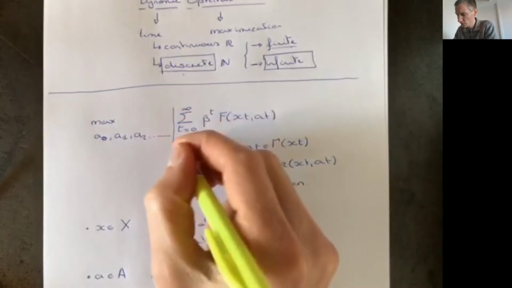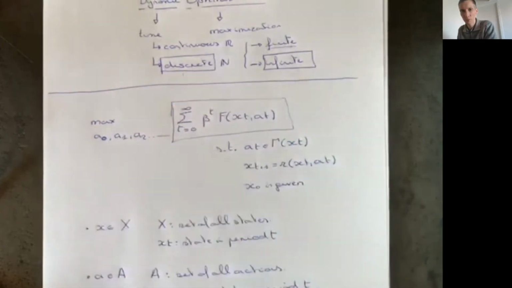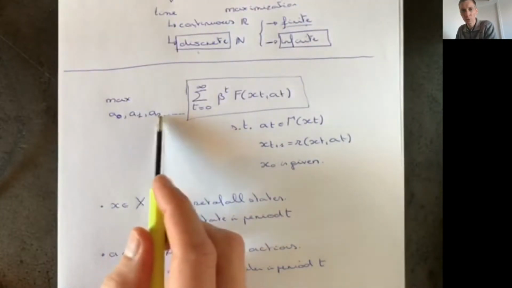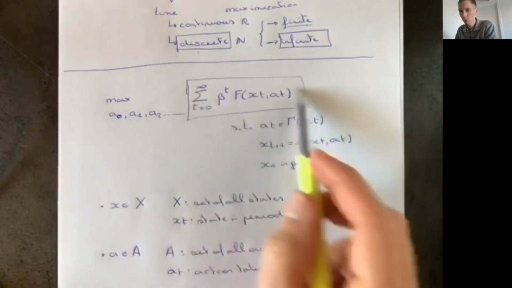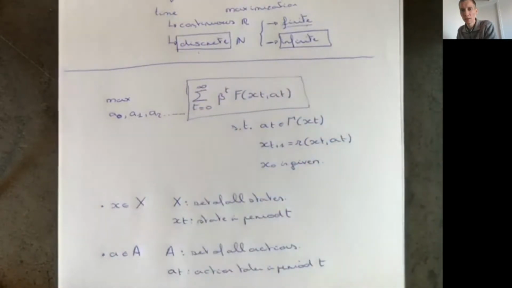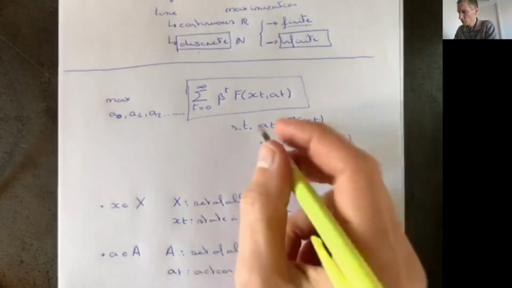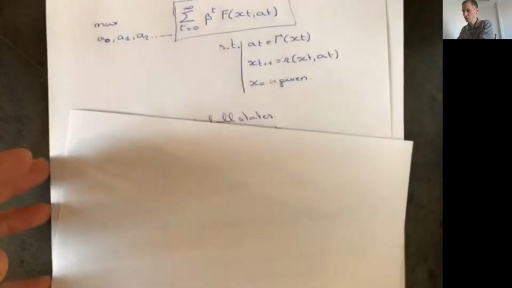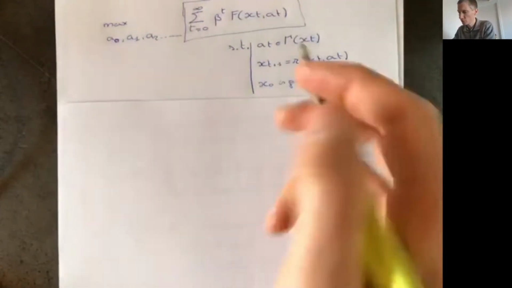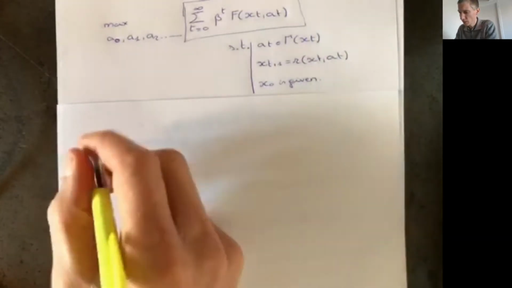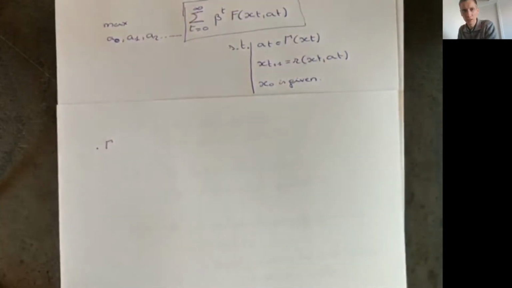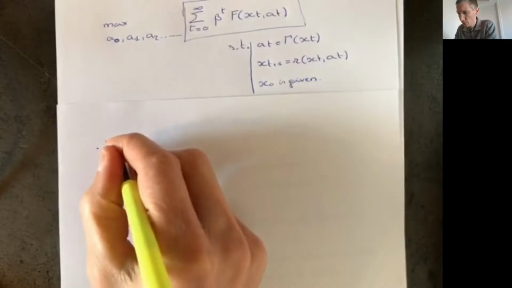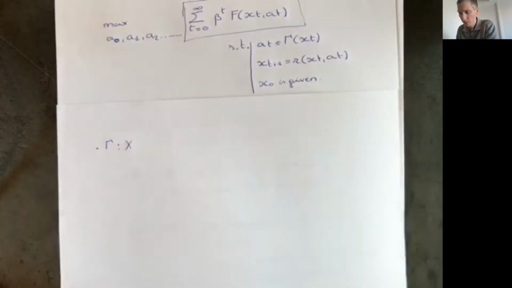So basically this is what we try to maximize, and we try to find the actions A0, A1 and so on in order to maximize this thing here. So let's have a look now at the constraints that we have here. The first constraint says that at should be in gamma of xt. So what's gamma here? Gamma is going to be a correspondence. So it takes a state in X